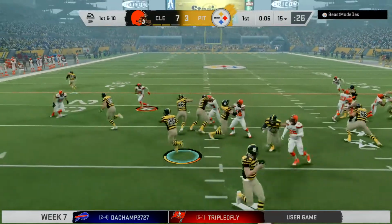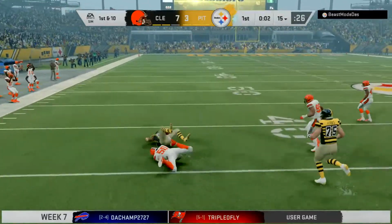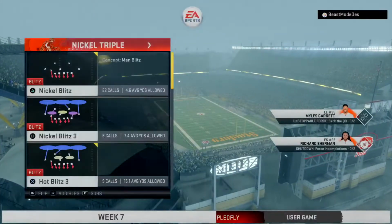I'm with you on that one. Let's just go ahead and be frank about the whole thing. The only one happy about the 3-point kicker. Exactly. He put it through the post. That's going to help him in contract time. But that offense...